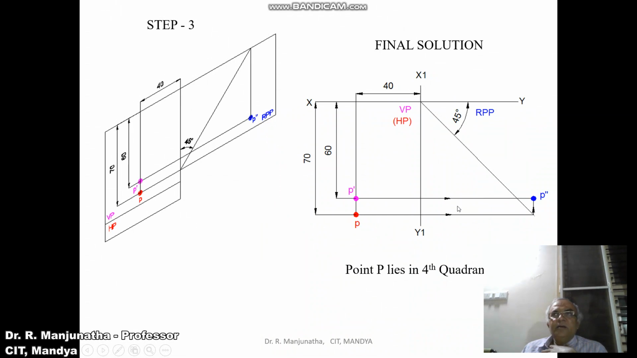Then give the dimensions 40, 60 and 70, and also check the quadrant in which it lies. The point capital P lies in the fourth quadrant. So this is the final solution, what it has to be written in the